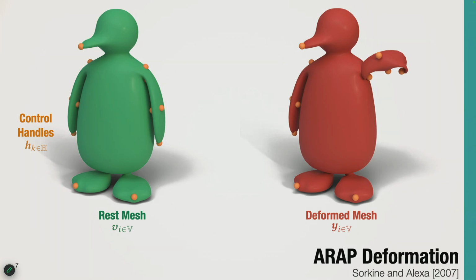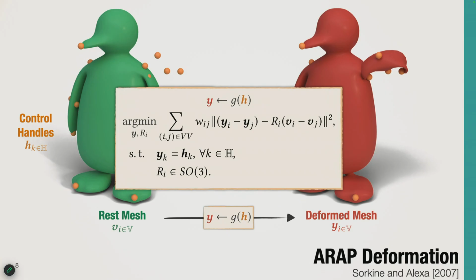And then the user is free to take these control handles, deform them, place them anywhere in space, and the job of the algorithm itself is to solve some optimization problem that maps these control handles H to the deformed mesh. It basically fills in the gaps for deforming the rest of the mesh. The optimization algorithm itself is solving this